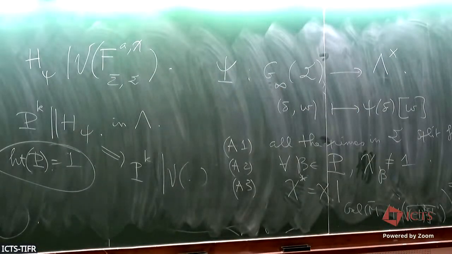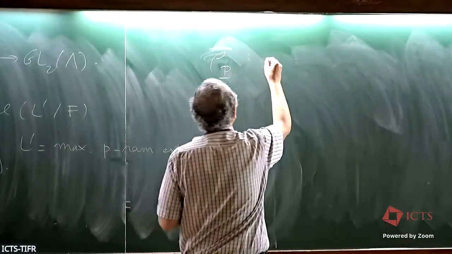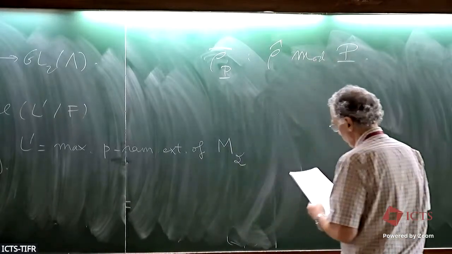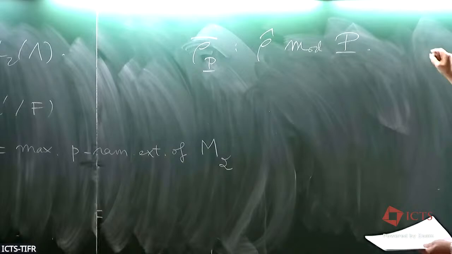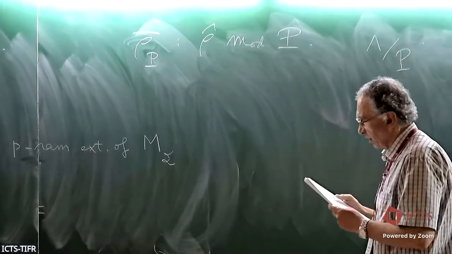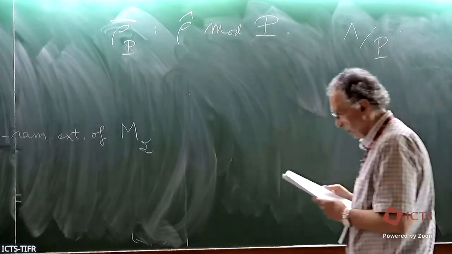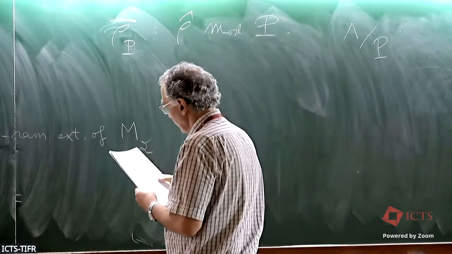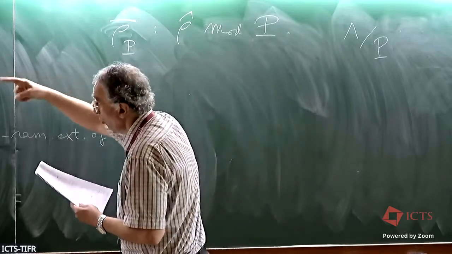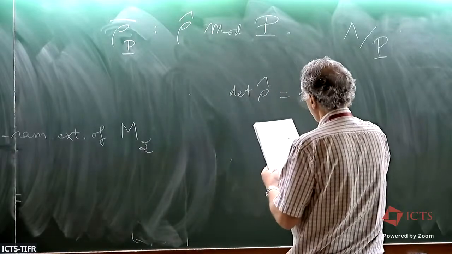So we consider, maybe we call it residual, the residual representation rho hat modulo P. But of course, the ring lambda modulo P is rather huge. But still, it is a Noetherian local ring. So what do we know about the representation rho hat? We know the determinant. Determinant of rho hat is